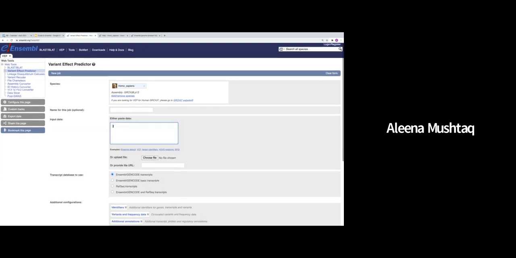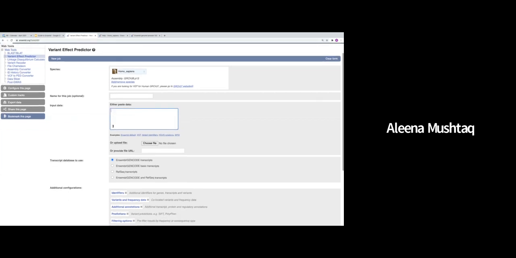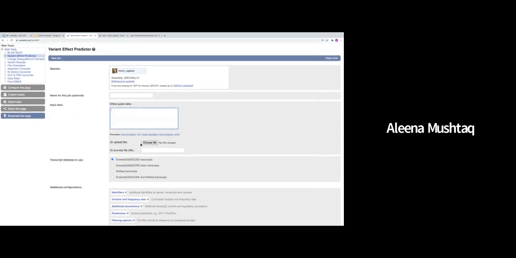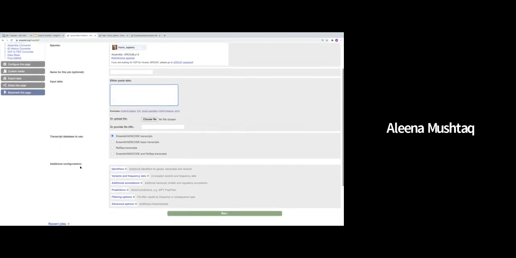This could be in different formats like genomic coordinates, VCF, it could be variant IDs from dbSNP, HGVS notation, and also SPDI. Or you can also upload your file or provide a URL if your data is stored in a public directory. Then you will need to choose the transcript database, and you can also finally